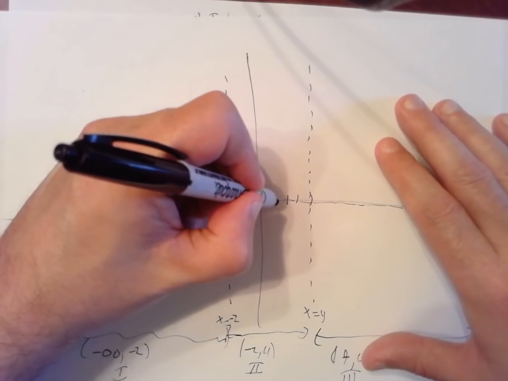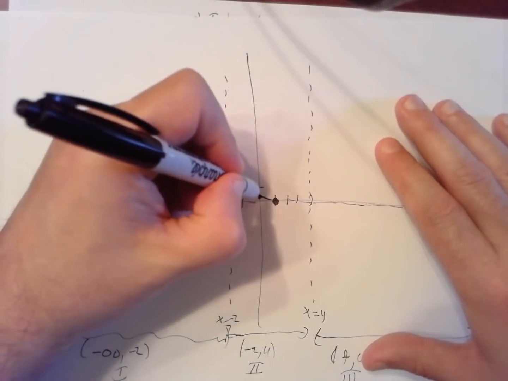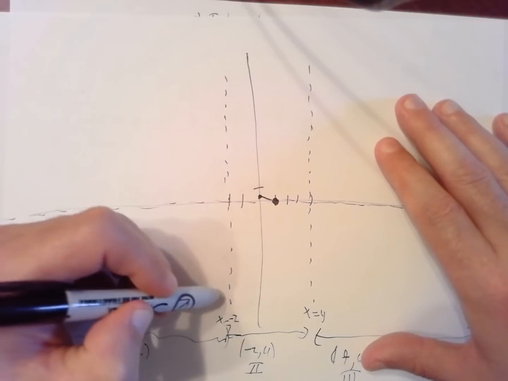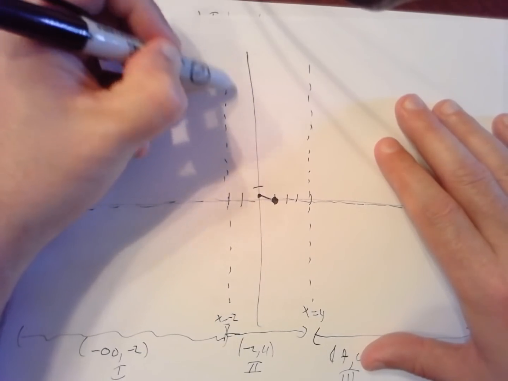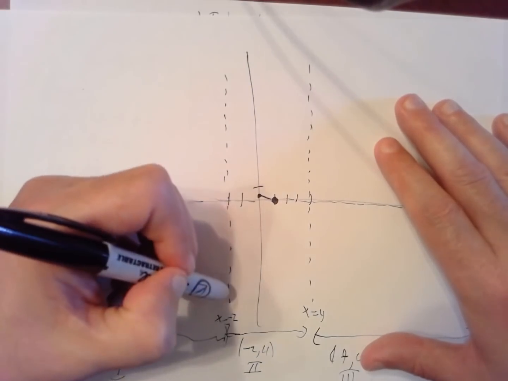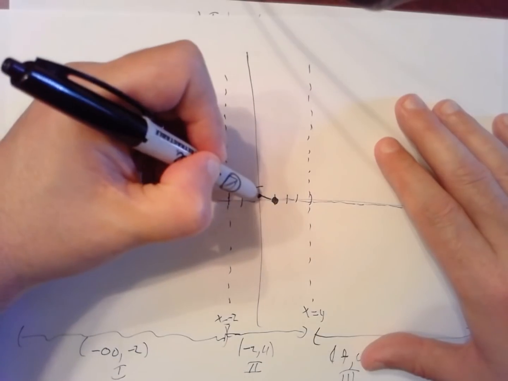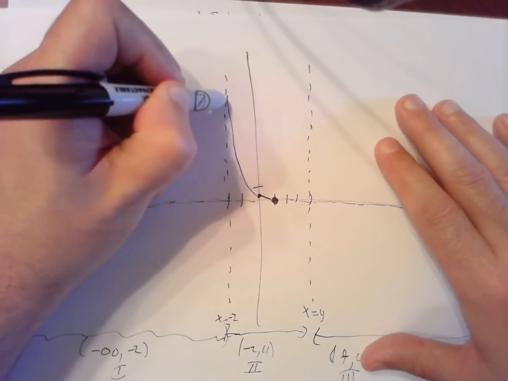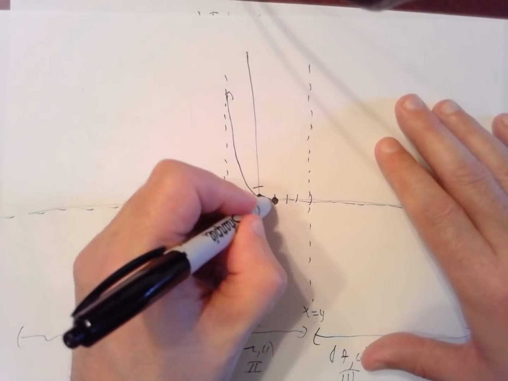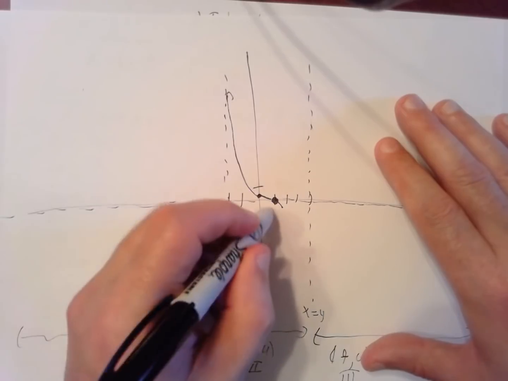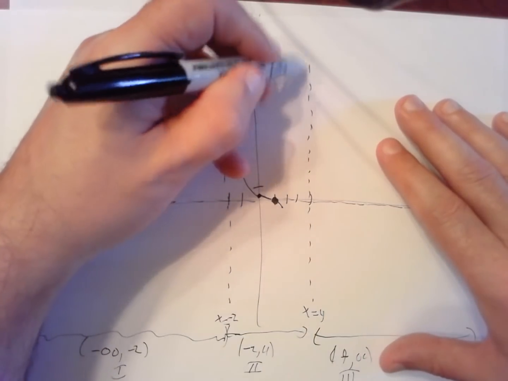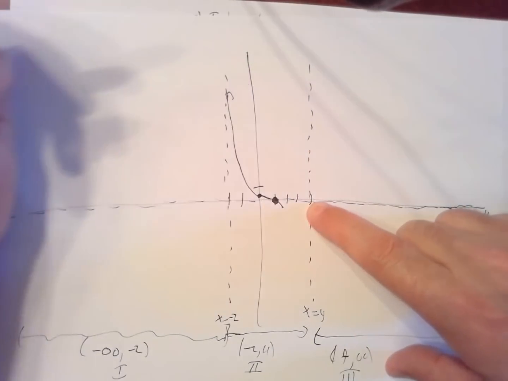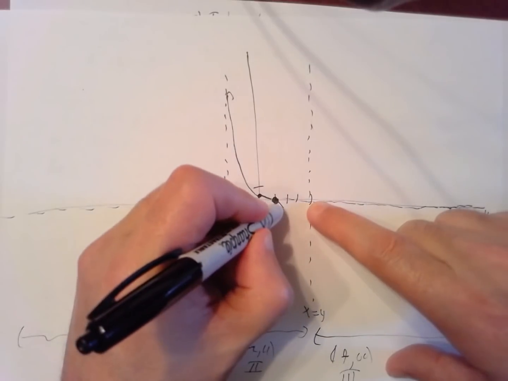So these two, for example, have to be connected up. The graph cannot come back down. It has to hug this asymptote. It either has to come up like this or down like this. Those are the only possibilities. I can't get from here and come back down, so the graph has to come up. Similarly, I'm crossing over right here. I'm now on the bottom. I can't get back up here without crossing over again, and there's no place for me to cross. If there were, I would have plotted it. This graph has to